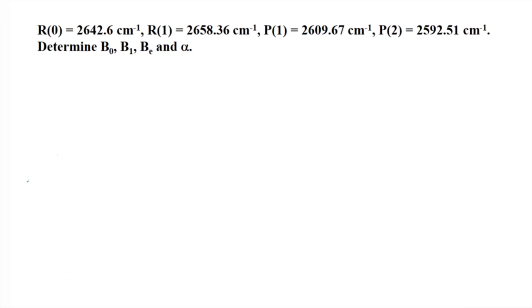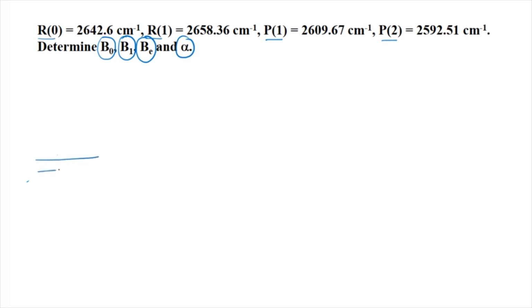So, the frequencies for R 0, R 1, P 1 and P 2 are given, and in this problem we have been asked to determine B 0. So, this is the rotational constant associated with V equals 0 level, B 1, B e and alpha. To understand properly what are these R 0, R 1, P 1 and P 2, let us draw the